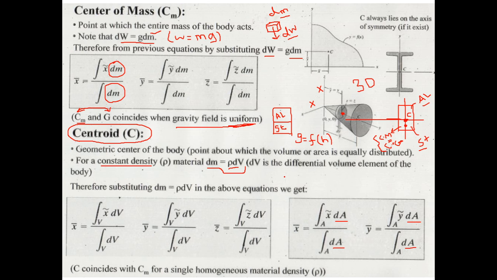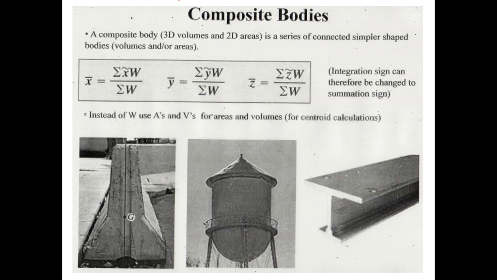But if the shape and area is very regular, then you can convert these integration formulas into summation, and you have a concept of composite bodies or composite shapes. A composite body, which can be a 3D volume or a 2D area, is a series of connected simpler shaped bodies. For example, you see here that this structure is made up of